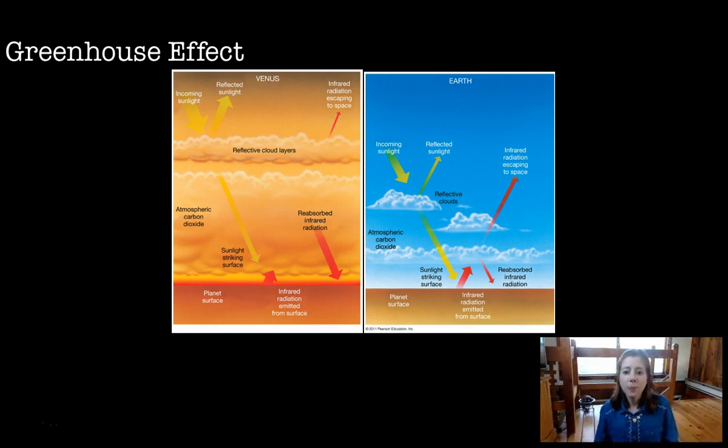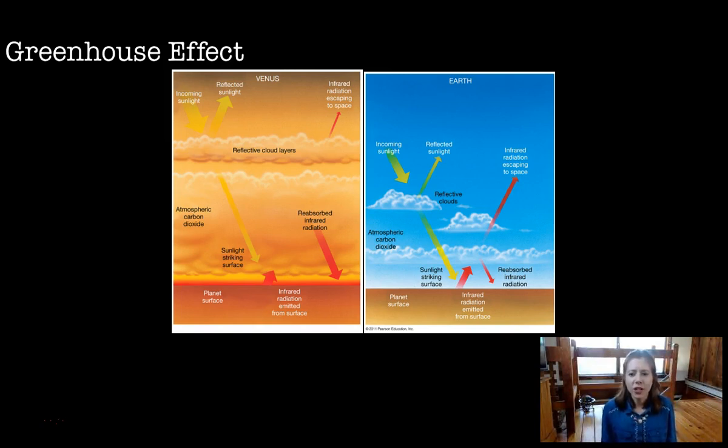escape back into space. Whereas on Earth, our atmosphere is much thinner than Venus's. Venus's atmosphere, or the Venusian atmosphere, is 90 times more dense than Earth's. We'd get crushed. It would be bad, not to mention that it's raining sulfuric acid on Venus. It's also making it probably not a great place to visit. But on Earth, we have a much thinner atmosphere, and our atmosphere is only about 0.04% carbon dioxide today, whereas Venus is 96% carbon dioxide. So